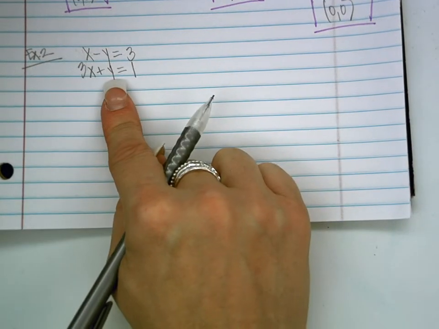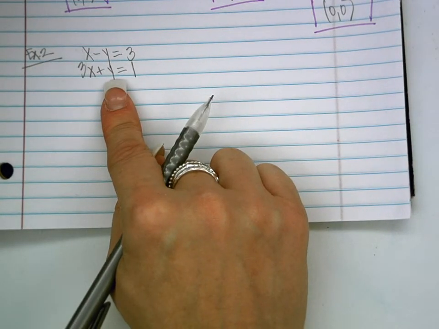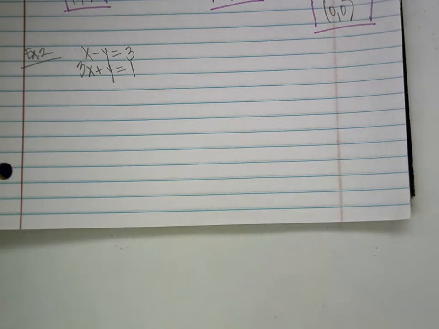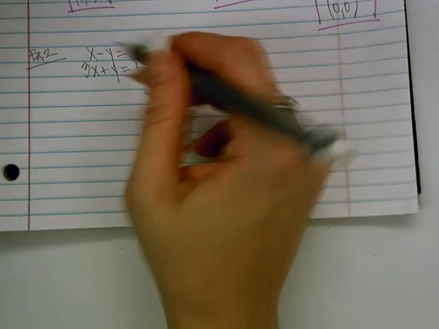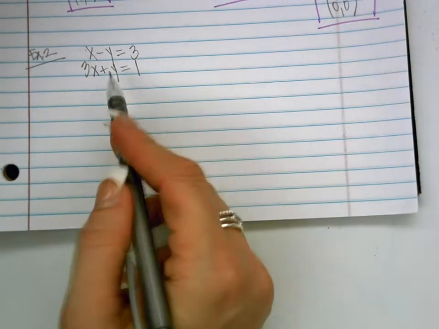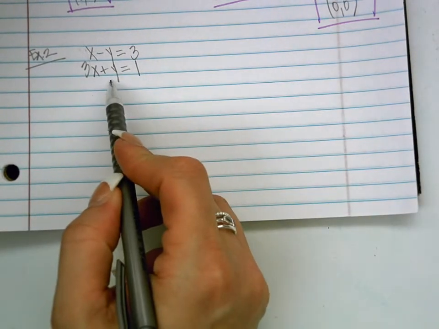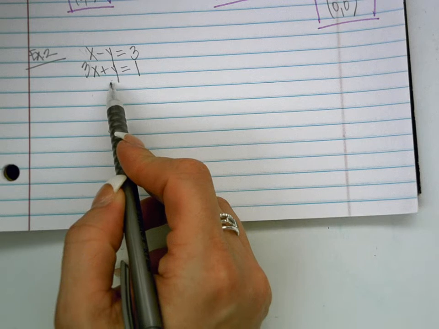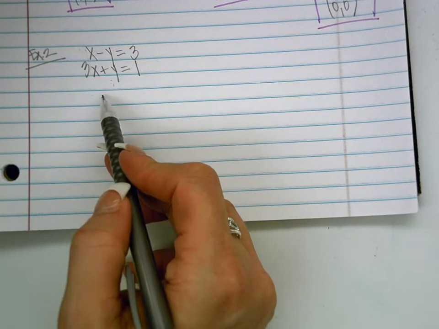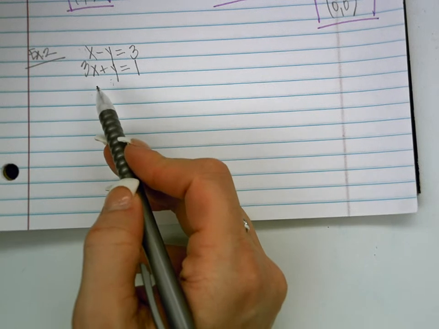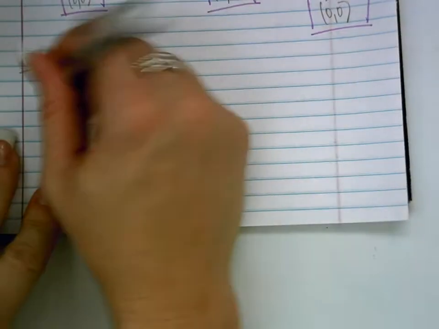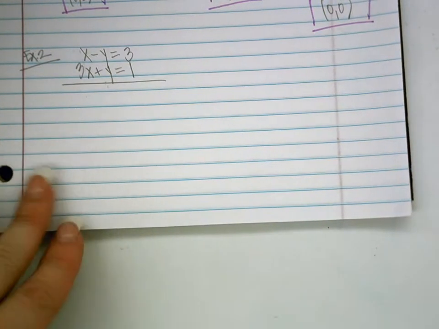Elimination method or addition method means you're going to add 2 equations together and you want something to cancel out. If I added everything together in these equations, what would happen? What do you notice would happen with the y's? The y wouldn't be by itself, but it would cancel out, right? That's what we want. So elimination method means add together your equations. They have to be